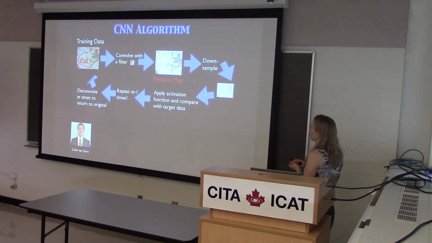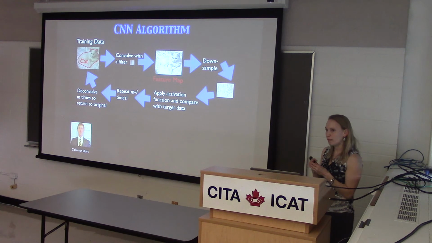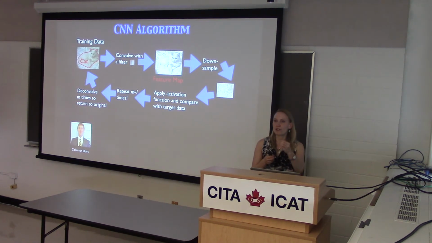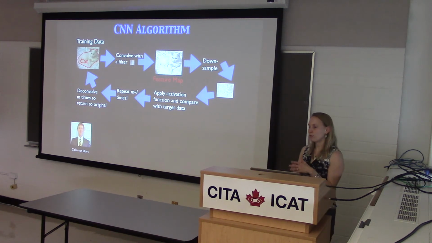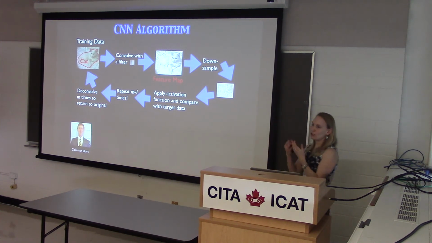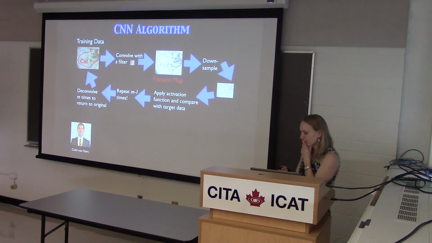The reason for the downsampling is actually important. You would like to be able to identify features on a broad range of scales in your data, whatever that data is. And so this allows you to find filters that are actually good for different scales, and you can change this parameter depending upon what scales you actually want the structure to be found on.